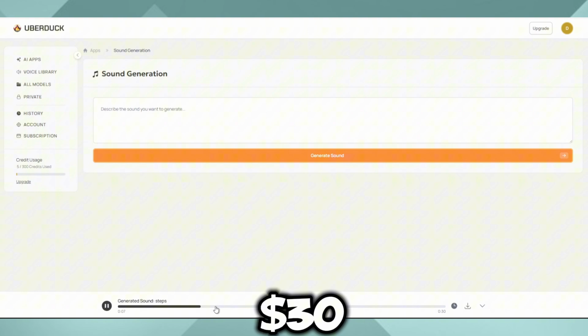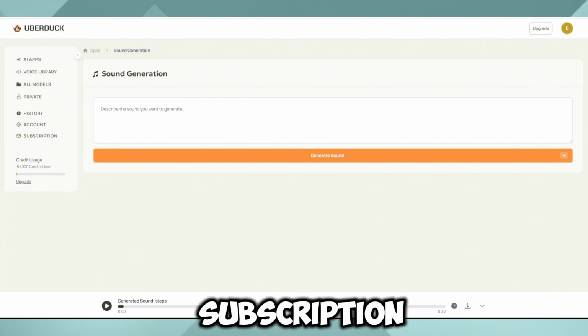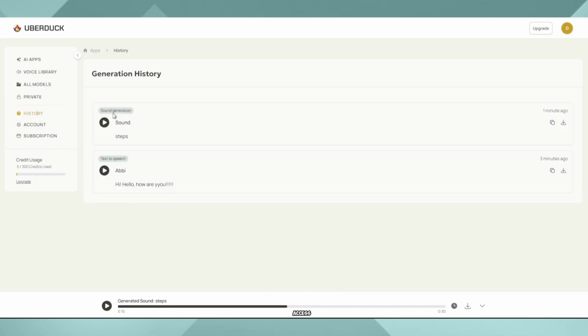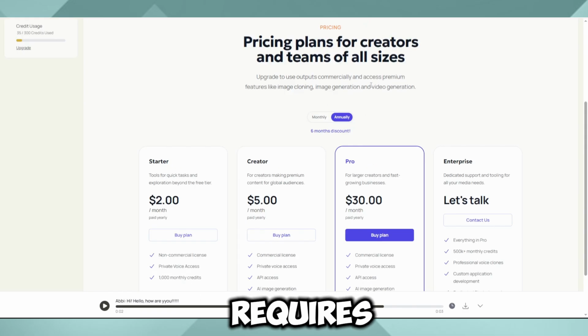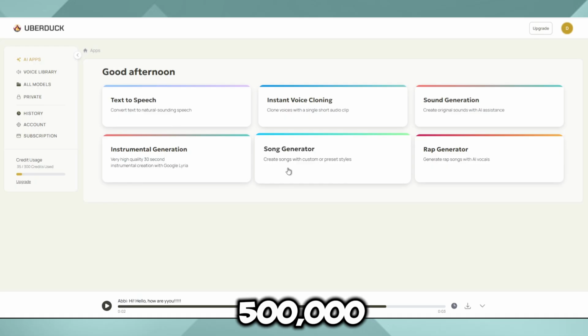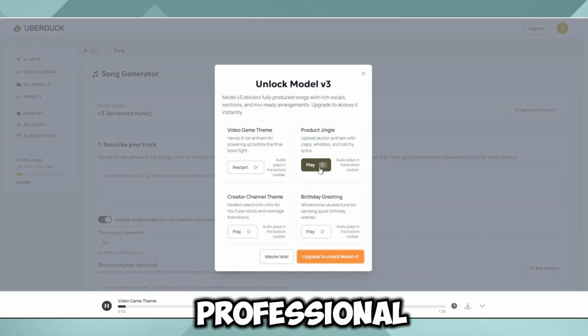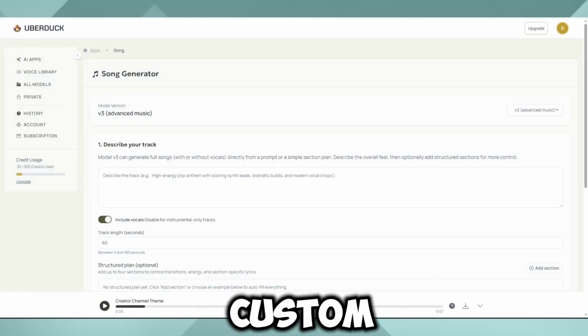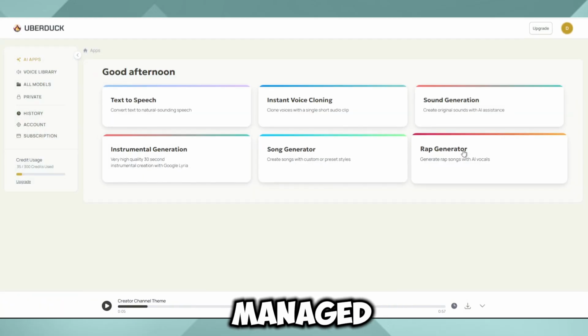The Pro plan costs $30 per month on a yearly subscription, giving you 25,000 monthly credits. Everything in Creator plus private voice access and a 24-hour support response time. Finally, the Enterprise plan requires contacting sales for custom pricing and includes everything in Pro Plus, over 500,000 monthly credits, professional voice clones, custom application development, a dedicated Slack channel, custom AI image clones, and fully managed audio and video